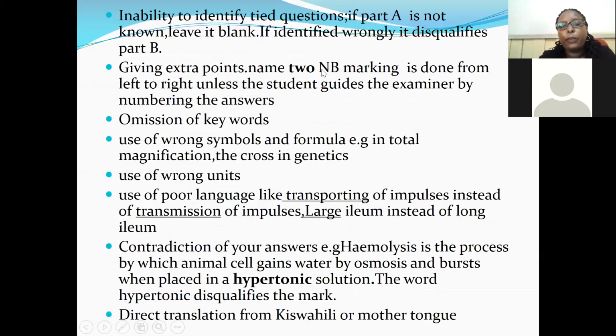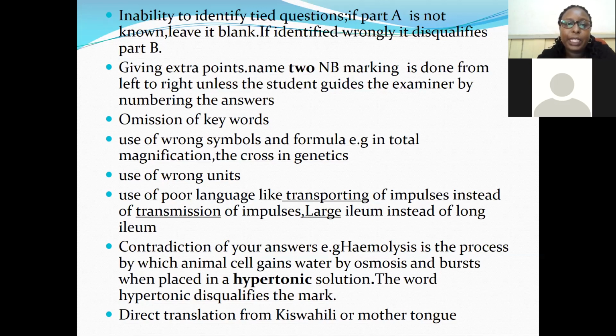Then next, we talk of inability of the student to identify tied questions. Tied questions, you're going to get a question with part A, part B, where part B is going to depend on what you have given in part A. That is a tied question. And in such a case, if you encounter a tied question, if part A of that question is not known, or if the student is not sure of what to write in part A, I would advise you leave it blank,